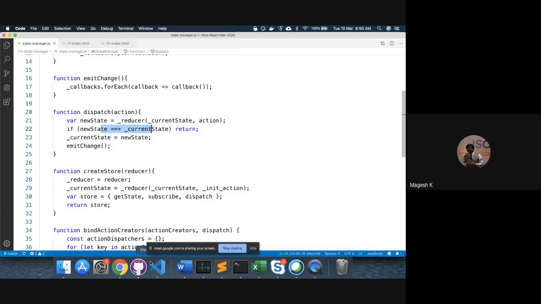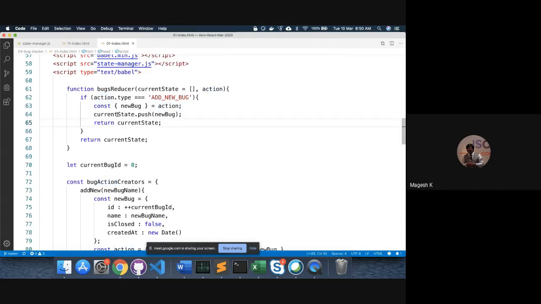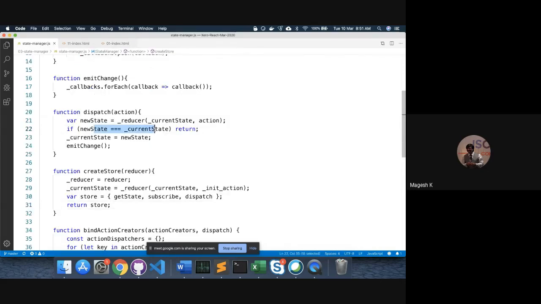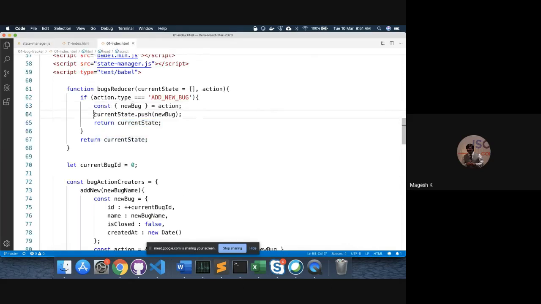So in our reducer, what are we doing? We are updating the current array and returning the array. Because we are updating the same array and returning the array, the state manager doesn't recognize that as a state change because the array remained the same. So this will become true. So it doesn't recognize that as a state change, right? So what do you have to do if you want the state manager to recognize that as a state change? You have to create a new array and return